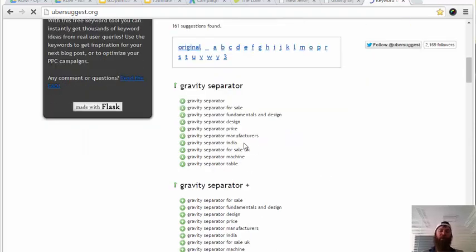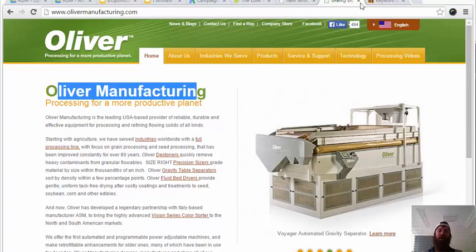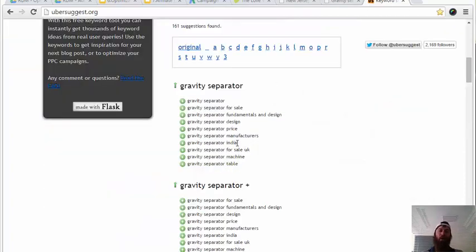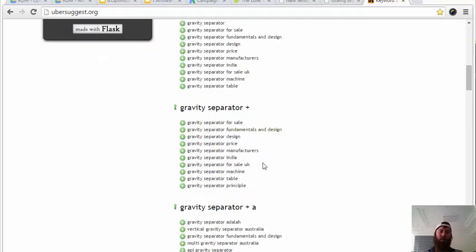So gravity separator, let's say you don't sell gravity separators in India. Now, if Oliver Manufacturing does not sell gravity separators in India, this is a word that should be negatived out. Gravity separator